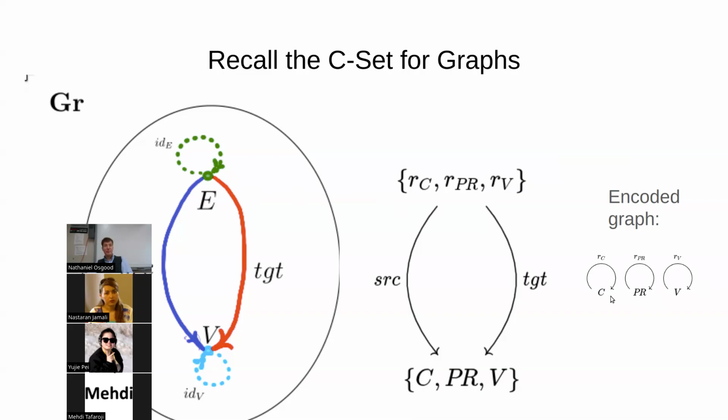One from C to PR. Yeah, one from C to PR, one from C to V, one from PR to C, one from PR to V, one from V to C, one from V to PR, right? Yeah, but the add should be in a set of add. You only have 3 options, right? Yeah, but I'm saying we could add those edges, right? Between them. And that would allow